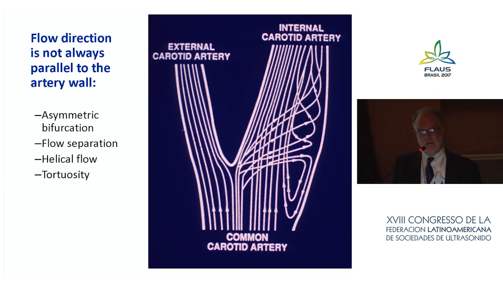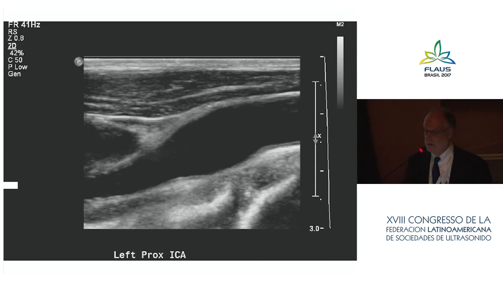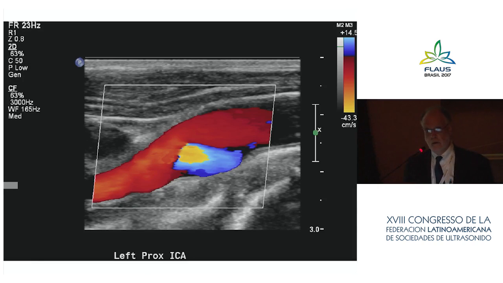This is further complicated by the fact that the flow in the carotid bifurcation is often not laminar. And this is because of the structure and the shape of the carotid bifurcation, which causes all kinds of crazy flow patterns, flow separation, helical flow patterns where the artery flow is sort of circular up and down. And we can see this on Doppler. This is a normal appearing carotid bulb region. And if I turn the color on, you can see how the flow pattern is odd in this particular area and how that could impact your ability to accurately place a Doppler sample parallel to the wall